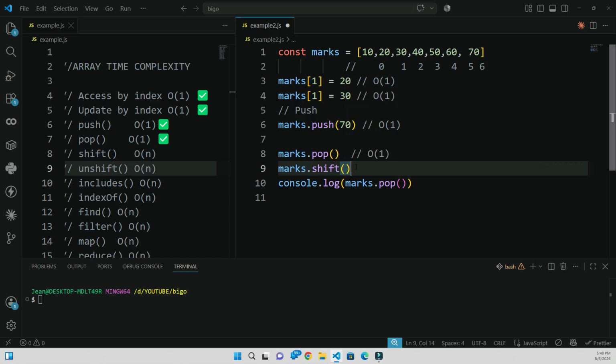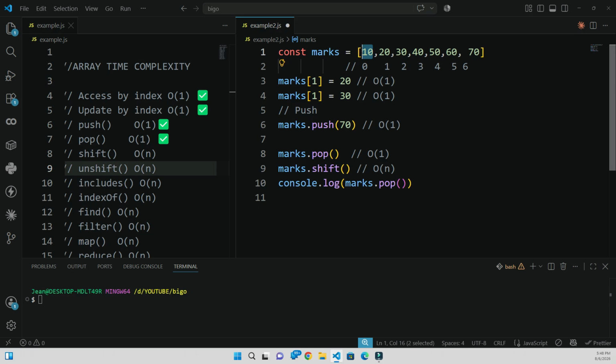It doesn't take any parameter. All you have to say is max, or the name of the array, then shift. So here the time complexity is going to be O of n. It will be O of n because